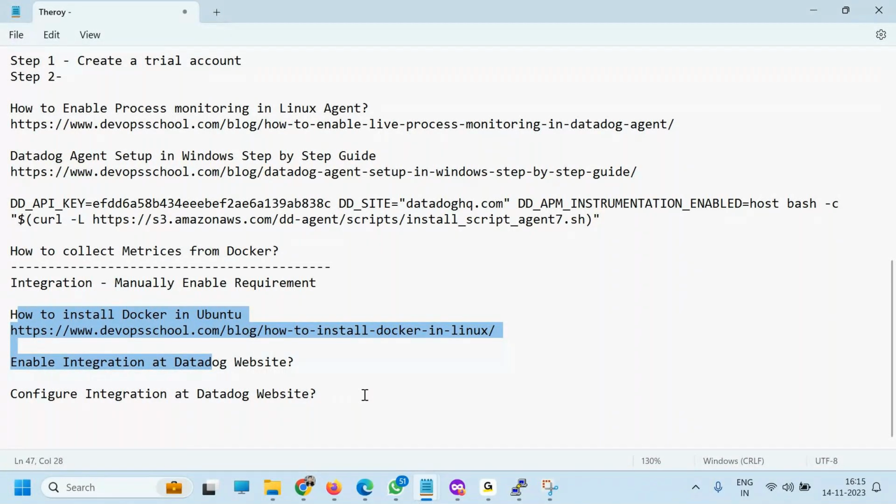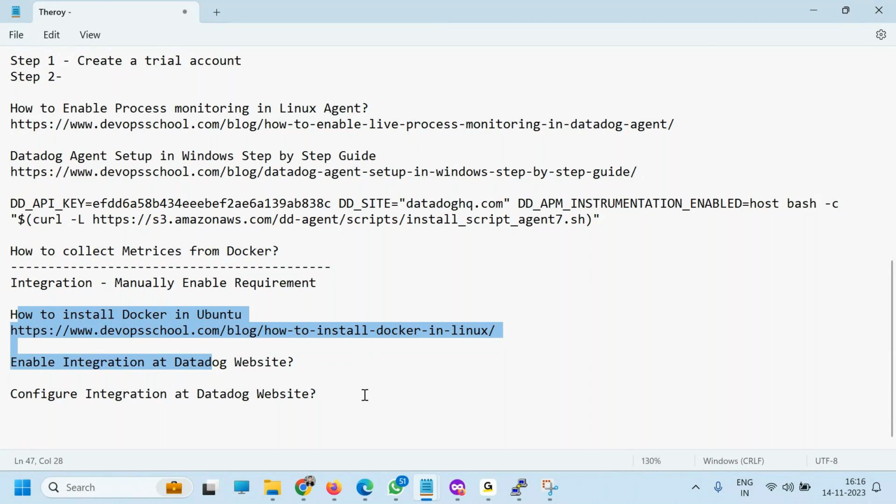The agent itself will give the metrics to Datadog when you configure the agent on that Docker. But how does this integration differ? See, the agent by default captures certain data. By default, it collects the CPU, RAM, disk, network. After that, the agent doesn't collect any data. The reason is it may start collecting all kinds of data which you may not actually need. So Datadog is saying, if you need certain data, just go and enable it and then use it. If you don't need data, we will not consume your CPU and RAM unnecessarily checking your processes and stuff like that. That is the fundamental of Datadog.